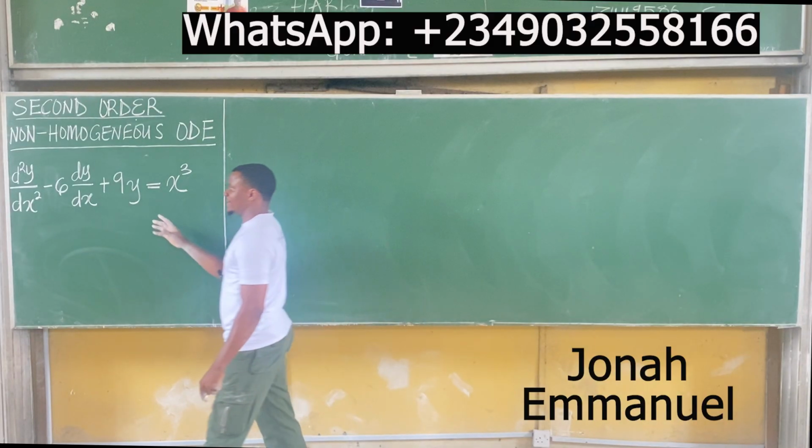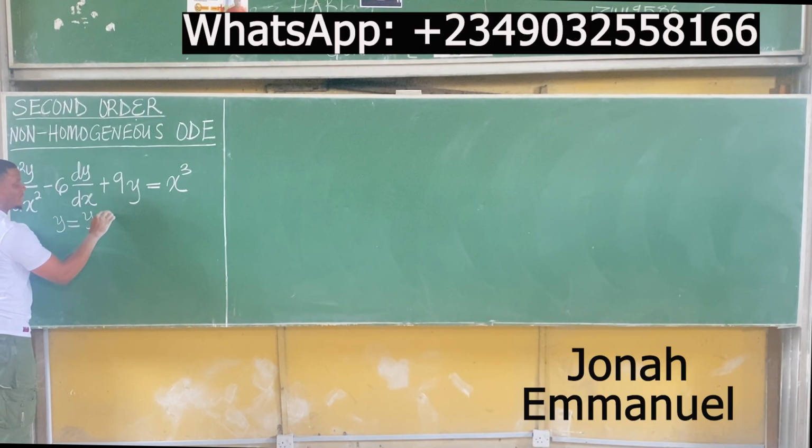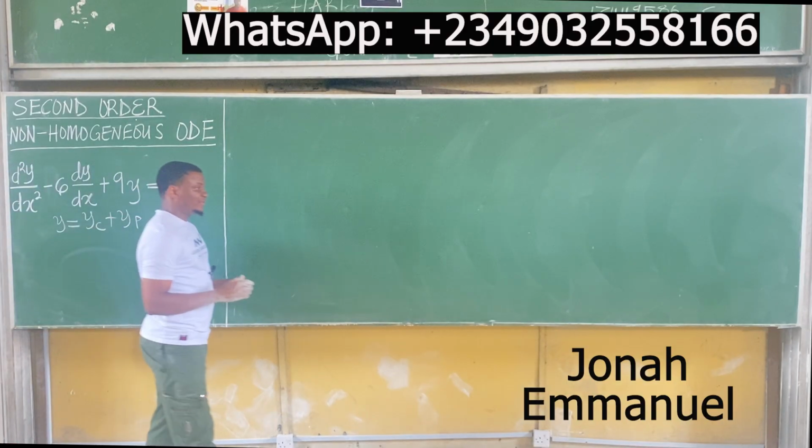We said for cases like this that we know that the general solution y will be equal to what there? Yc, the complementary solution, plus yp, the particular solution. First things first, let's get the complementary solution. So for the complementary solution,